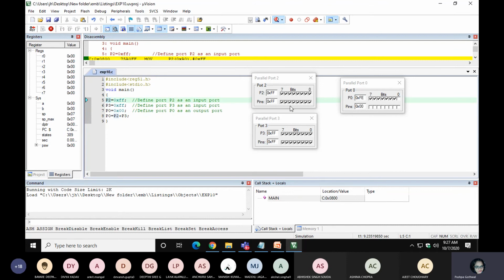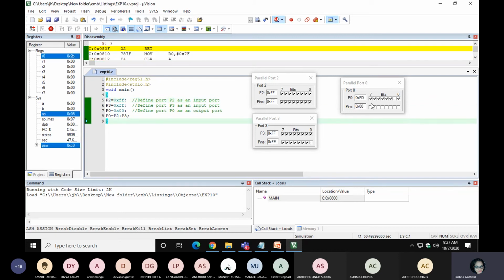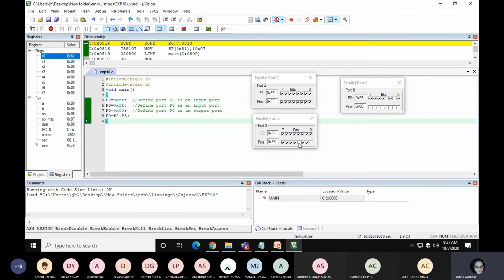So you can see FF plus FF, and an untick means off. You are getting FE. If I change the switch position, you can change it from here. See, I'm changing, and your output reflects it. Again, I'm changing. So if you change the switch condition on or off, your output is reflected. In that way, you can check your output. I'm changing the inputs and your output is reflected in real time. Now I'm coming back from the debug.